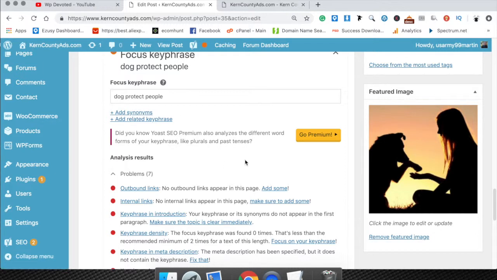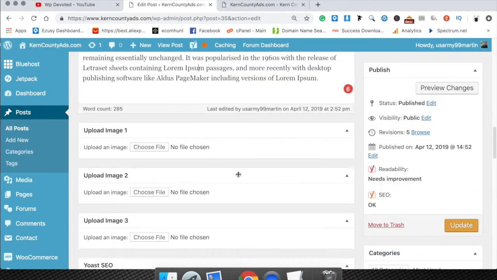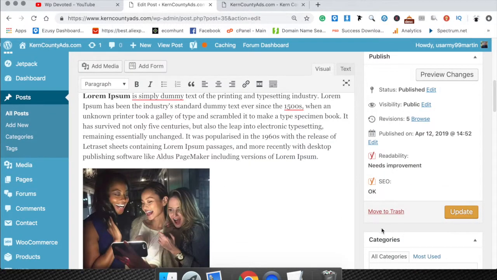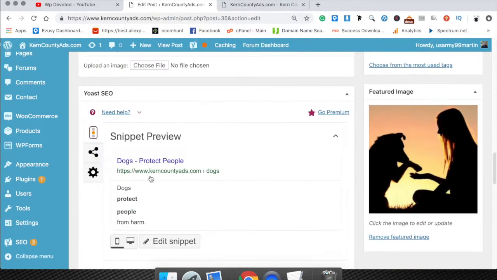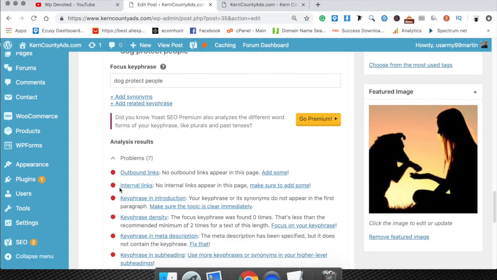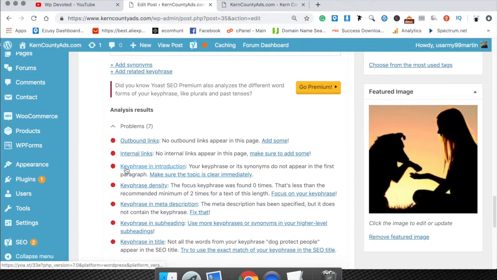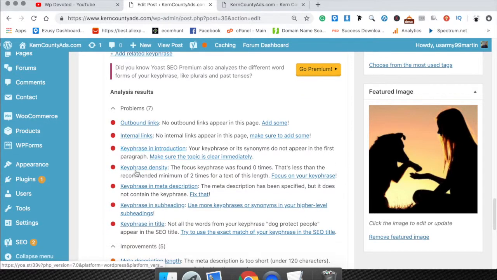Internal links is linking to another page on your website. So if I link from this post to another post that I had made, or maybe from here to my contact us or about page or whatever, then we would have taken care of the internal links and this would turn green. Now here's the important one, the key phrase introduction. These are very useful: the keyword density, the key phrase in the meta description. All these where it says key phrase, you want to pay special attention to them because that's the most important thing